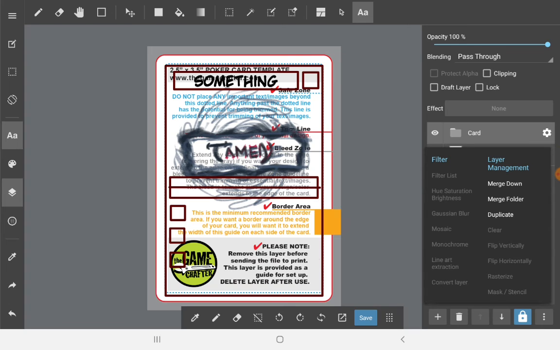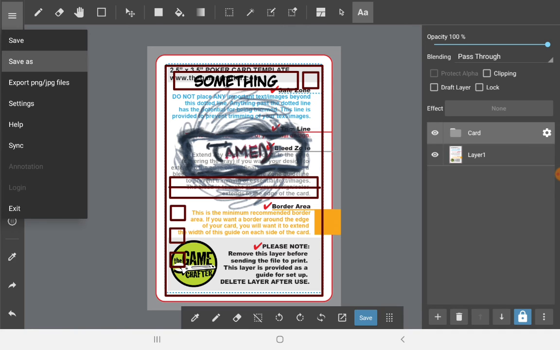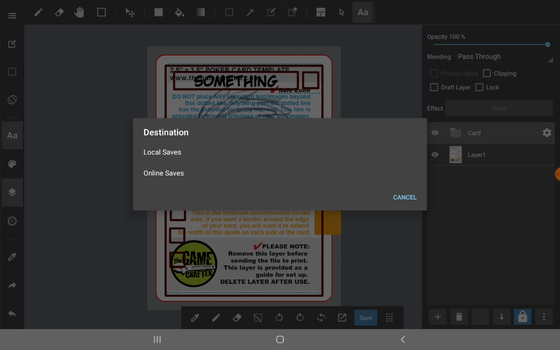It's undoable. Not really, not on Metabang. What you can do is you can just hit the back button and everything just goes back to the way it was. An important thing you should do though is that you should always save as and then hit local saves. That way it's in your local folder. You can't really use online unless you have an account anyway, but you have it in your local folder. That way, if you decide to copy something,